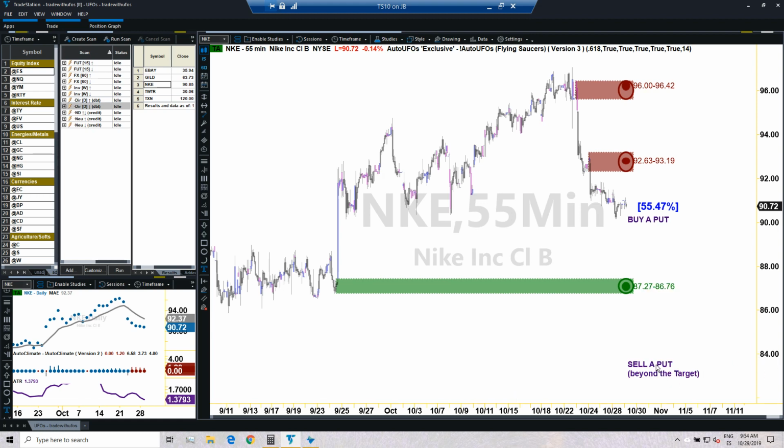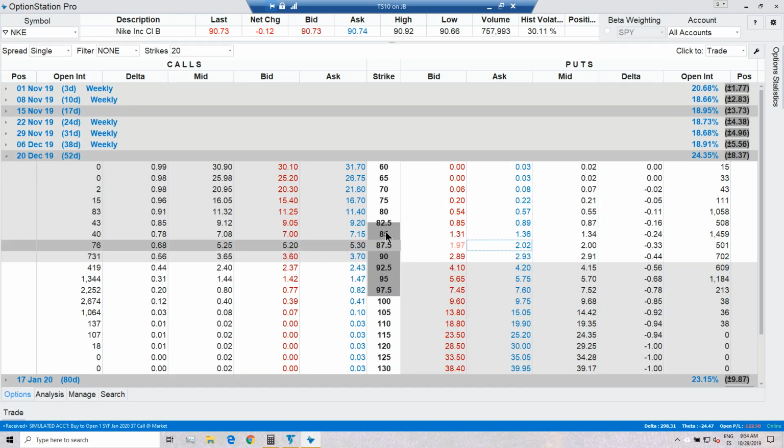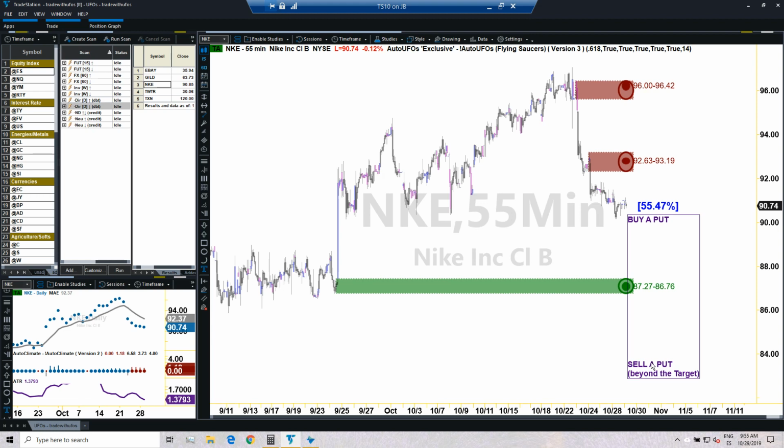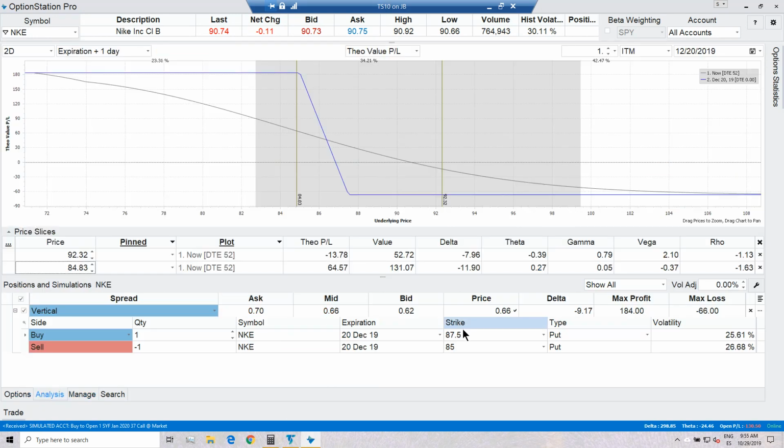So let's pick one. Looking at the option chain using December, we got 85 and then we got 82.5. We don't have 84 or anything like that, so we'll go for 82.5. This will be the put that we're going to sell. Now that I got 82.5, I'm going to select a put which, combined with the 82.5, gives me a delta of around 30 at entry. So in other words, -1 is sell. I'm going to pick 82.5.